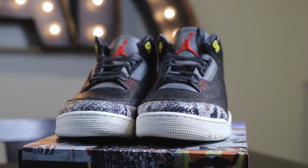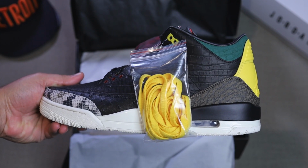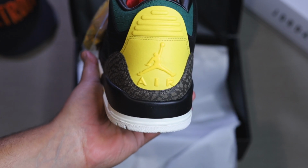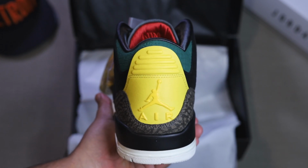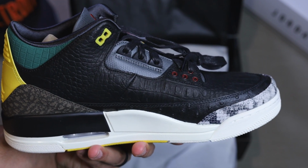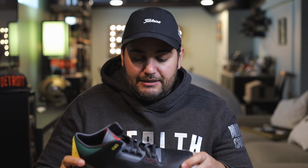This has a premium feel to it, and one of the things that signifies to me that the leather is premium is its rigidity. So this feels, especially along the toe box and along the side of the upper here where this black scaly print leather is, this feels a lot like the type of leather you might get on a dress shoe. It's a little bit stiffer, it holds up a little bit better. Now it doesn't mean it's not going to crease, it eventually still does, but it has that feel. Even with my foot in the shoe, feeling it through my feet, it had that little bit of a dress shoe feel to it. So that to me is a big signifier right there, that this is a higher quality leather,